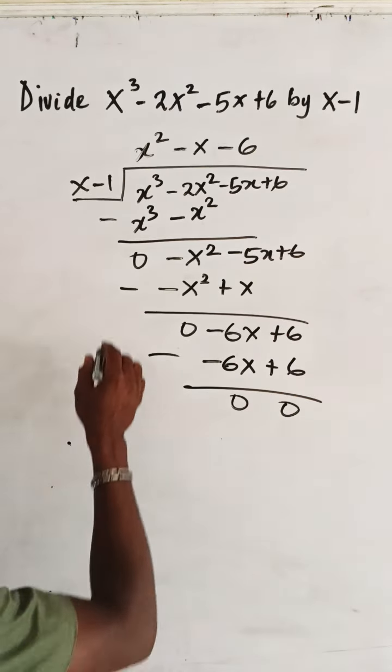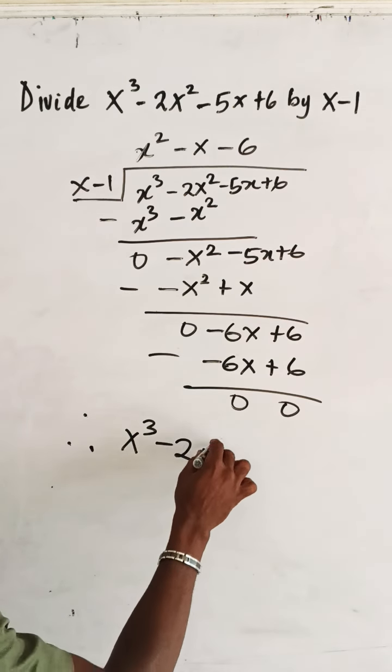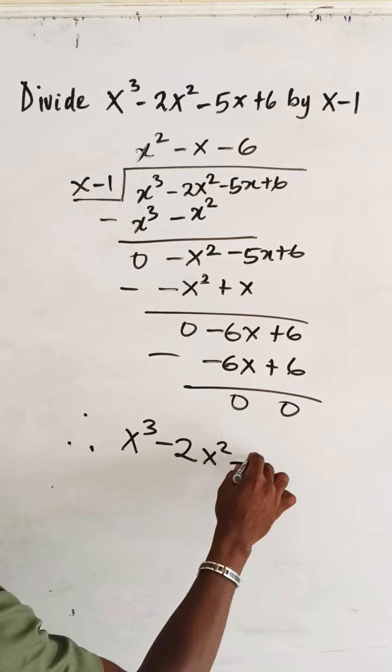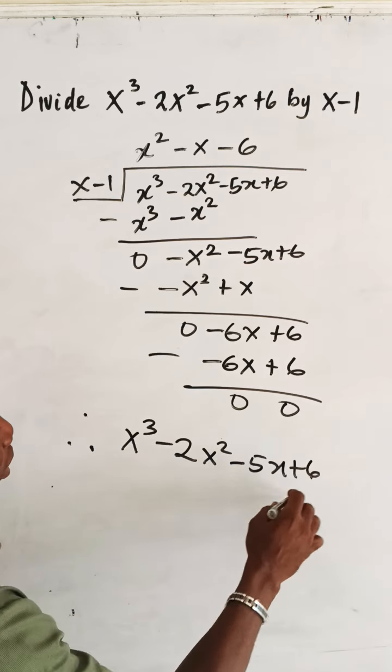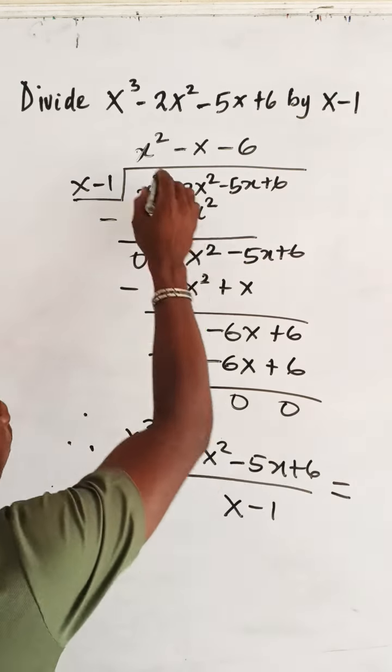Therefore, we can say that our x raised to the power 3 minus 2x squared minus 5x plus 6 all divided by x minus 1 is equal to, this is our